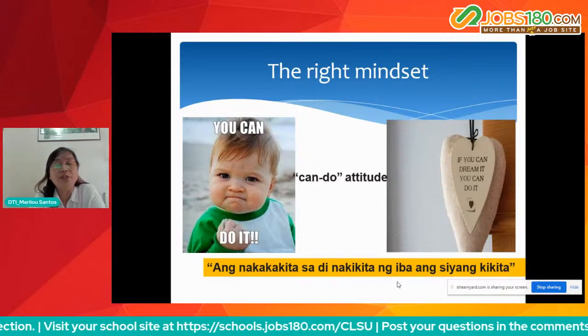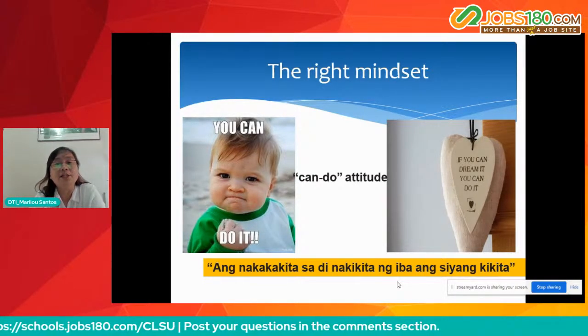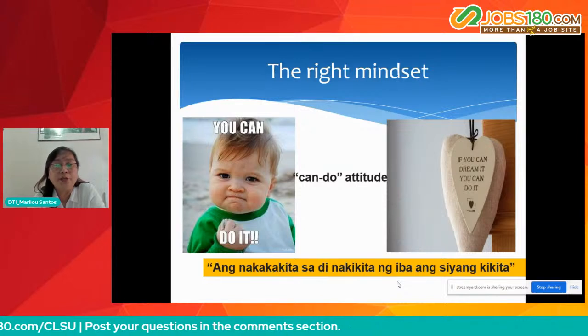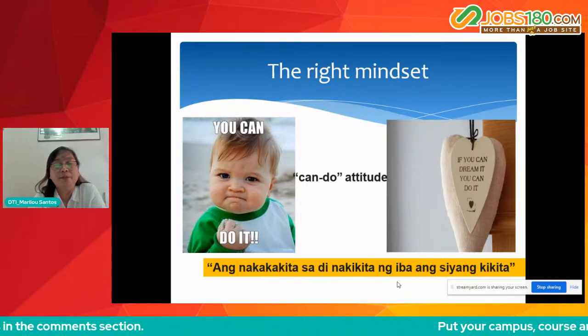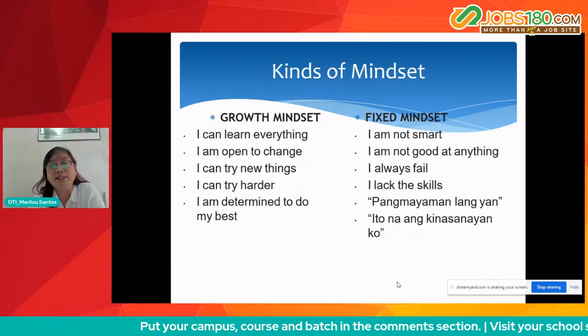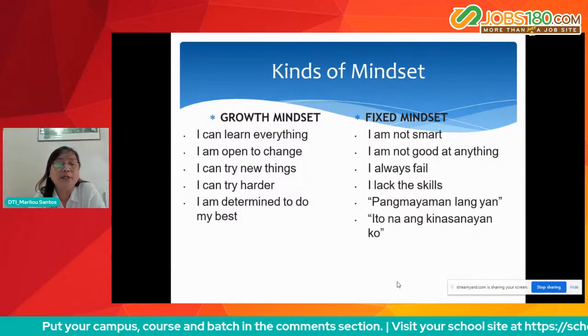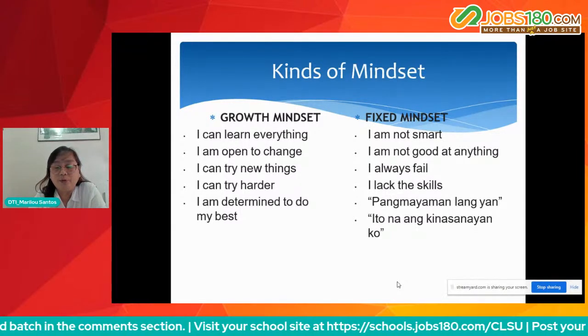Sabi nga po ni Sir Paulo Tibig, ang nakakakita sa di nakikita ng iba, ang siyang kikita. So kapag po tayo ay may plano na at mayroon tayong nais gawin, dapat po gawin na po natin. Yan. So sa mindset po, mayroong dalawang klase. So tignan natin alin ba tayo dyan. Kasi kung makikita po natin na nasa growth mindset po tayo, might as well po, we can start na po